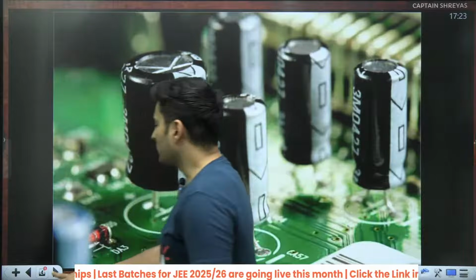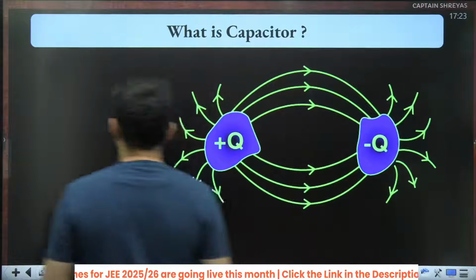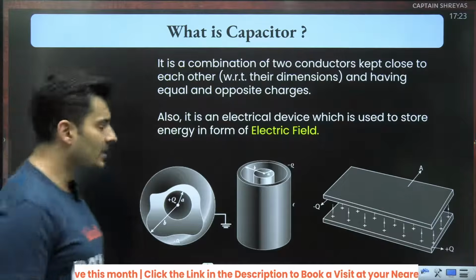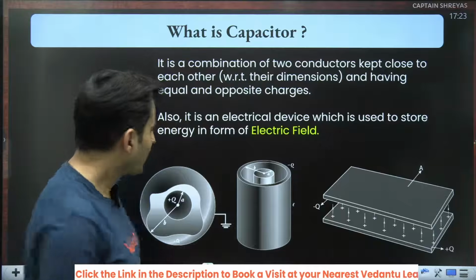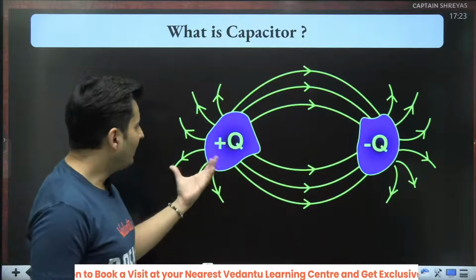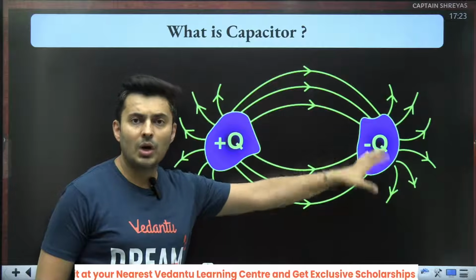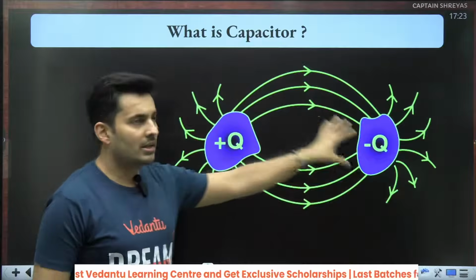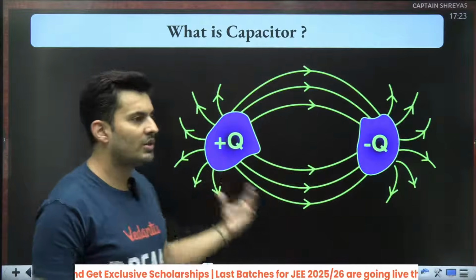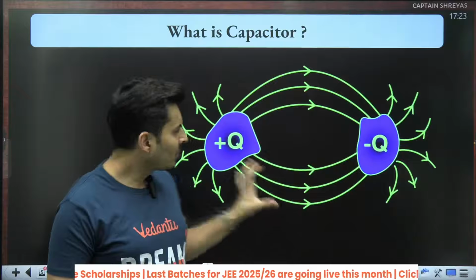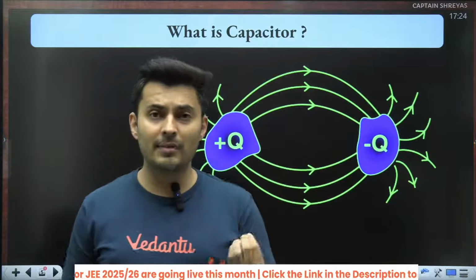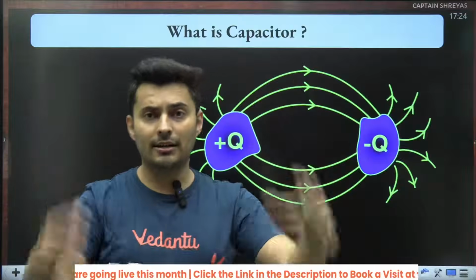All right. Awesome. So a capacitor is, simply put, an energy storing device. It is just made up of two conductors. One can have some charge, another can have some opposite charge. Now the moment the charges are opposite, what happens? The electric fields originate from the positive and end up at the negative. So this electric field is a testimony, or rather it tells me, that there is energy in that region.